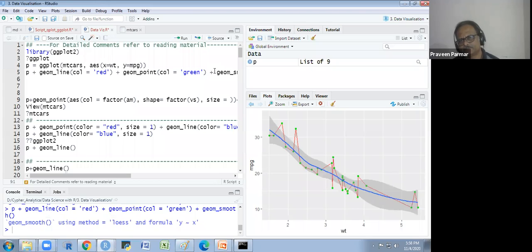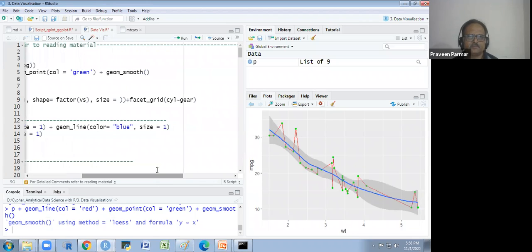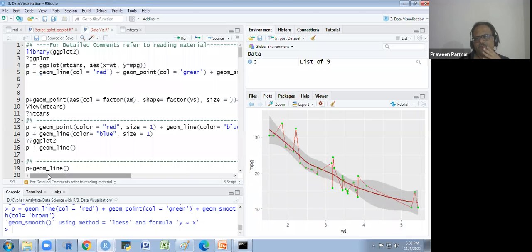I want the smooth color brown. So in this way, I could make it.